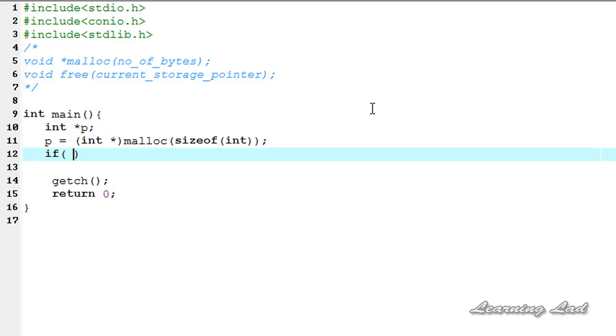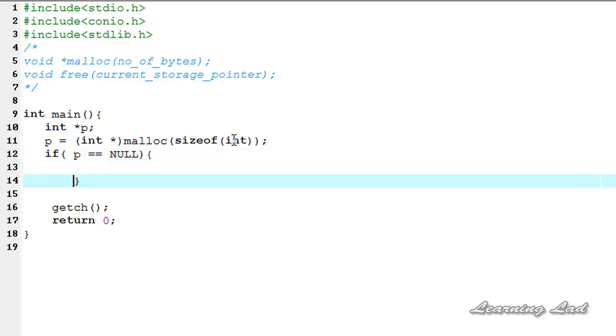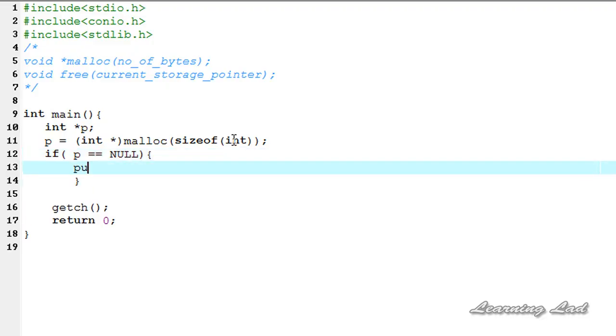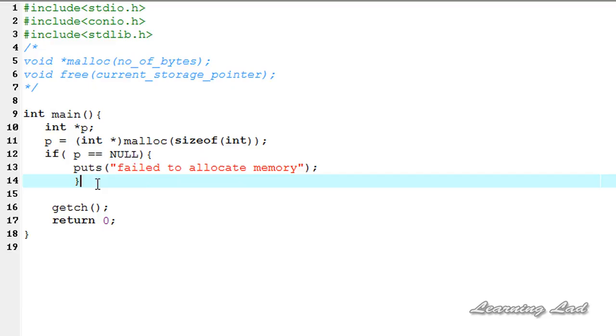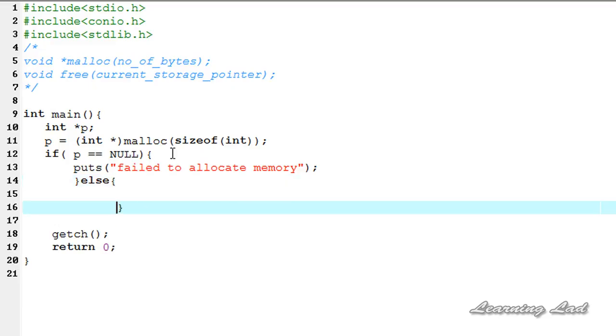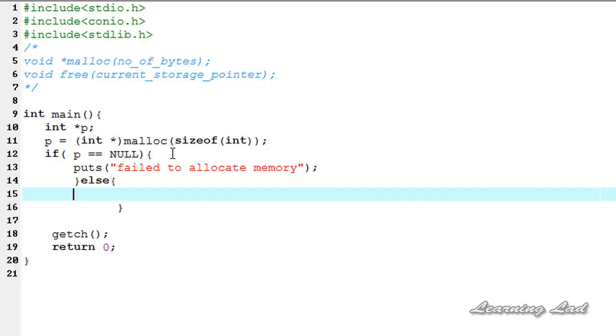We check that using p equal to null. If p equal to null, it means the memory wasn't allocated, and we say that using puts: function failed to allocate memory. Else, which means malloc has successfully allocated memory for us,